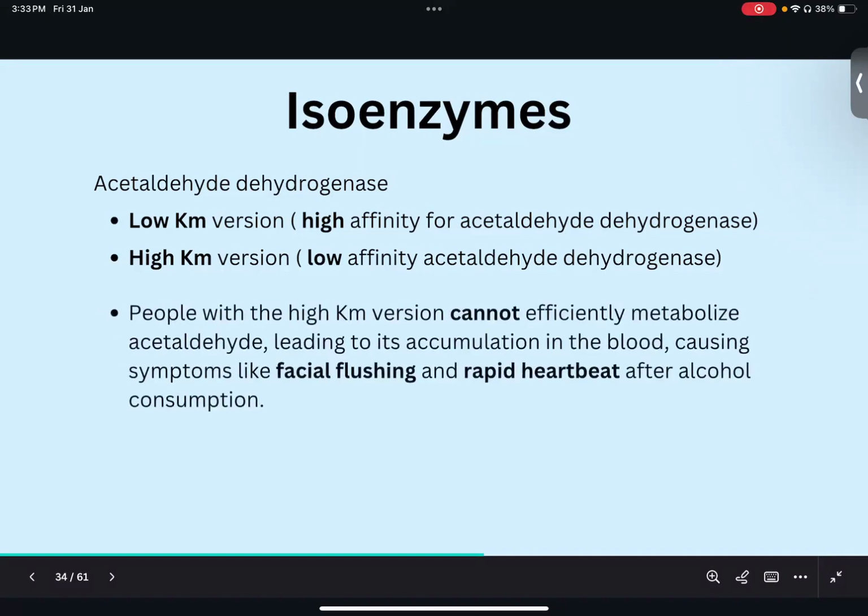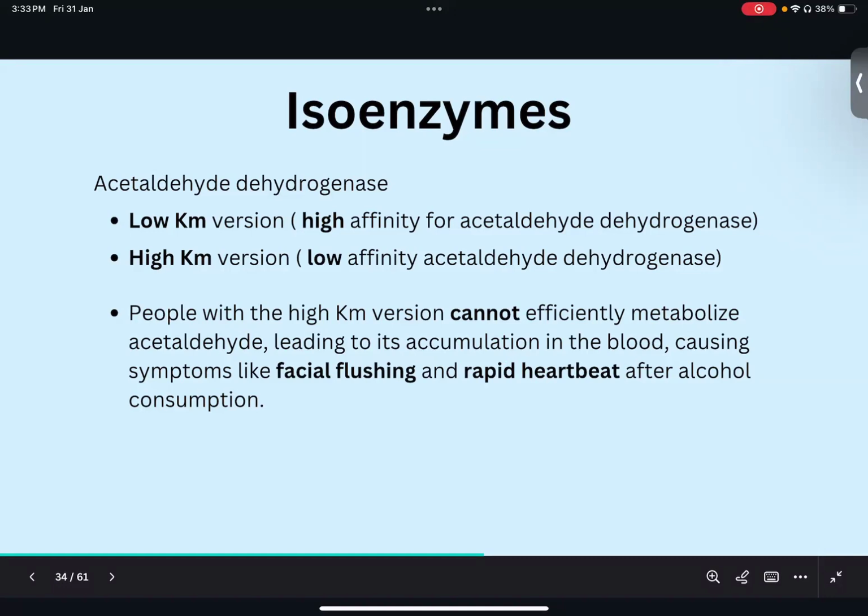So what happens is that people who do not usually drink alcohol, when they drink alcohol, they're going to have the high Km version because they never use it, okay? They're not used to alcohol, okay? So when they drink alcohol, this enzyme will have low affinity for the alcohol, and it will not break down the alcohol. The alcohol will circulate in the blood, and it will lead to facial flushing and rapid heartbeat symptoms